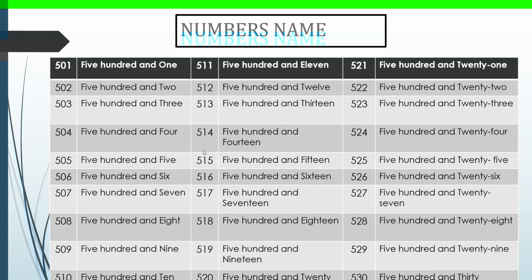Okay, friends, in this slide you can see the numbers name from 501 to 530. Let's read the spelling. You go through the numbers name. In the next slide, you can see